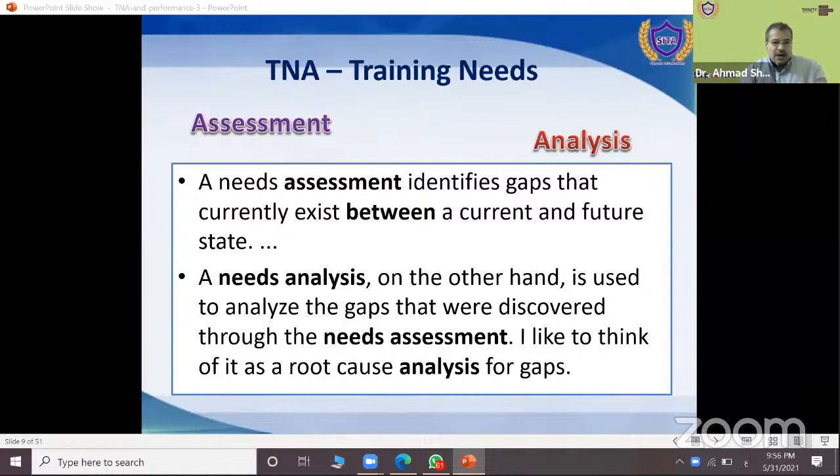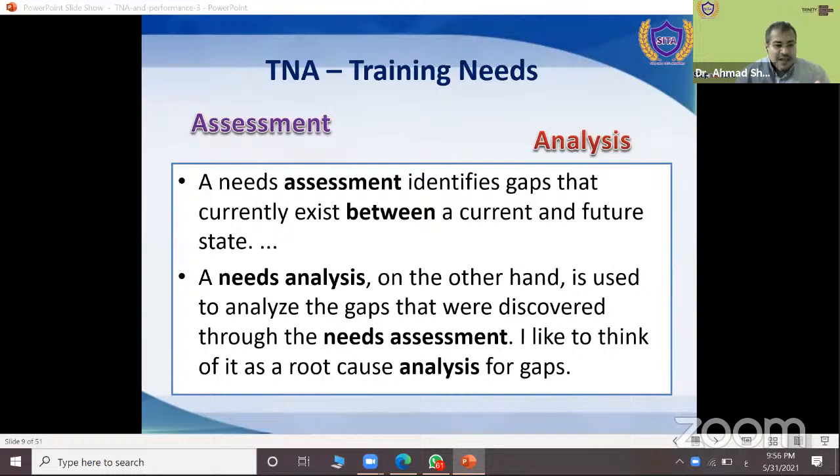You are a teacher and you teach to a certain level, certain learners, okay? So maybe you have some gaps. Some gaps means some points to work on, some skills you need to acquire, okay? So you at first make assessment or TNA, training needs assessment.